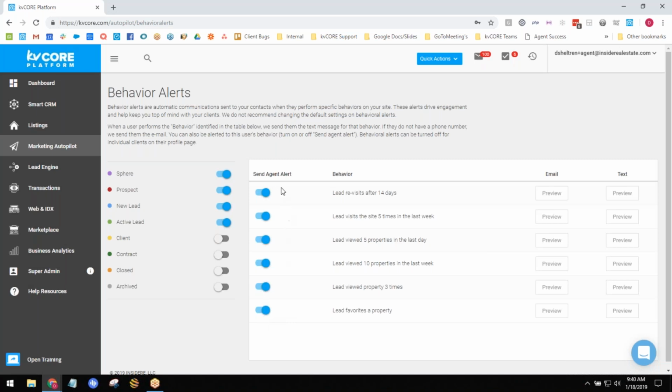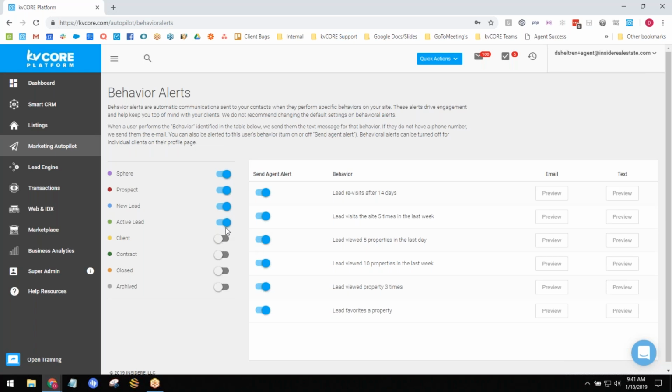So I usually don't suggest turning these off. These are really kind of how the magic happens, especially on the front end of the site. You know, you'll be talking to a lead or having dinner, and you'll see an email or a text come through, and it'll be a lead replying to something automated that the system sent out on your behalf. And they'll say, yeah, I'd love to go check out that showing, or yes, I did have a question. So I'd say only turn these off if you don't want to make money here with the system, especially when it comes down to the follow-up here with KvCORE.